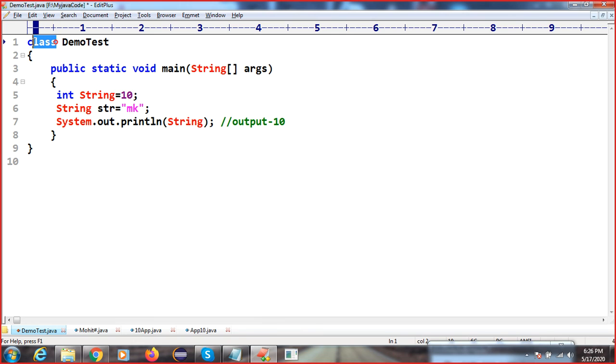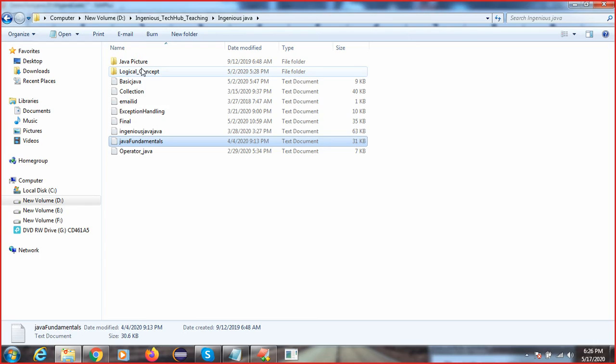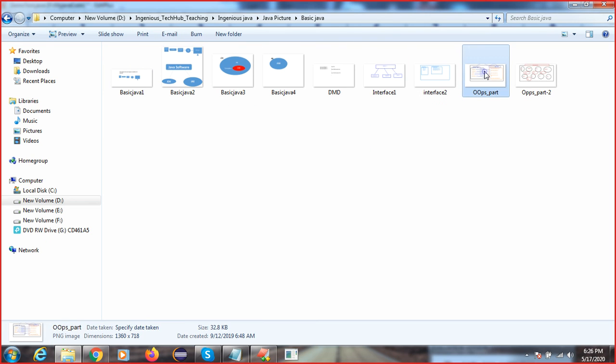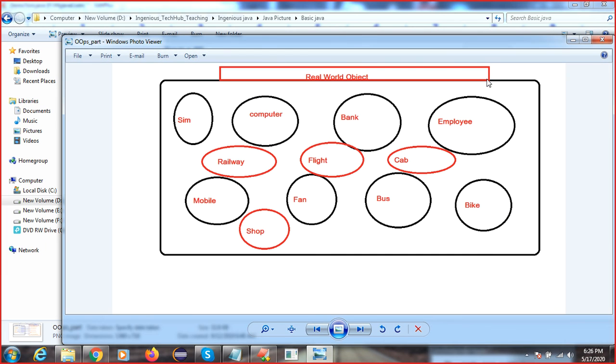So how will object oriented programming work? If we create a class for computer, bank, employee, railway, flights, these are the real world objects. But how do we implement this, right? If you are going to develop any application, which application?